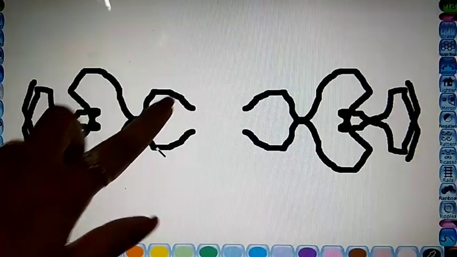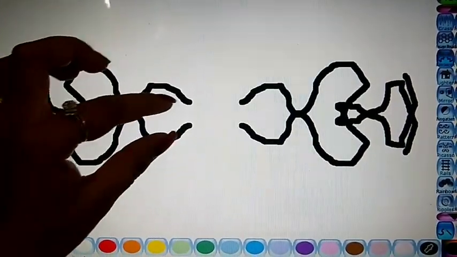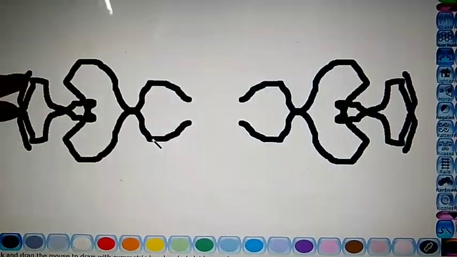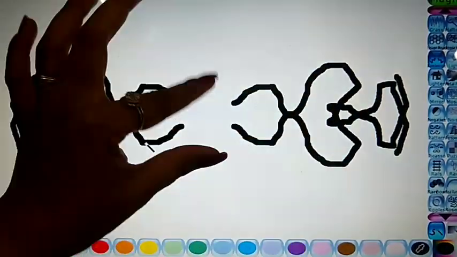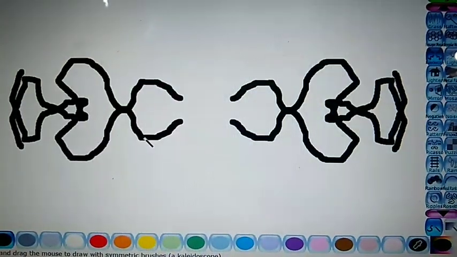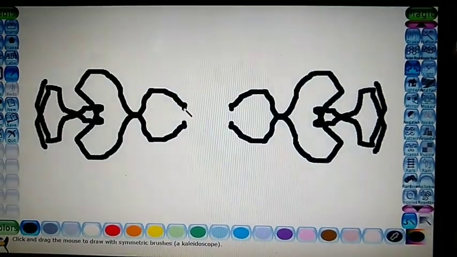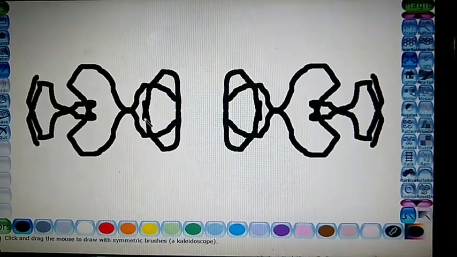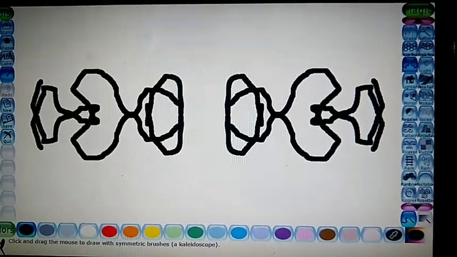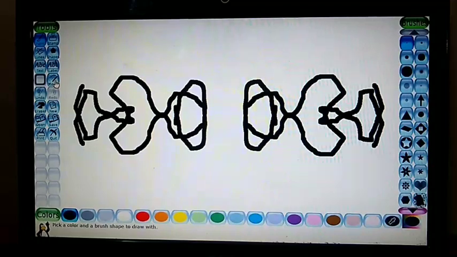Means whatever pattern you are drawing on one part of your drawing, it is drawing on the other part also. So this is known as kaleidoscope effect. Like I am drawing here, so this will be drawn here also like this. Now you can fill the color.